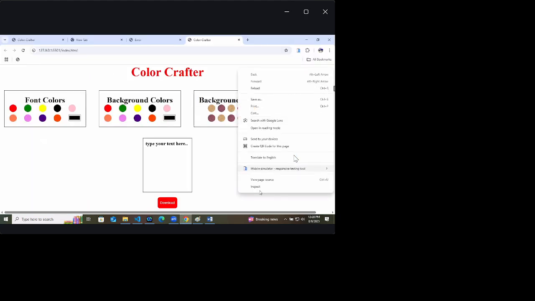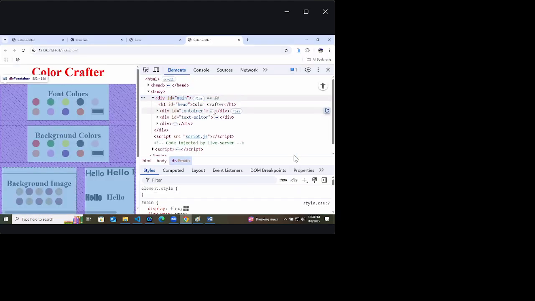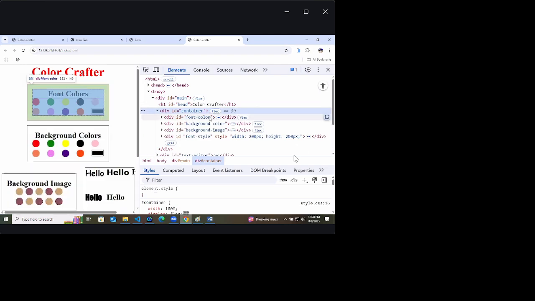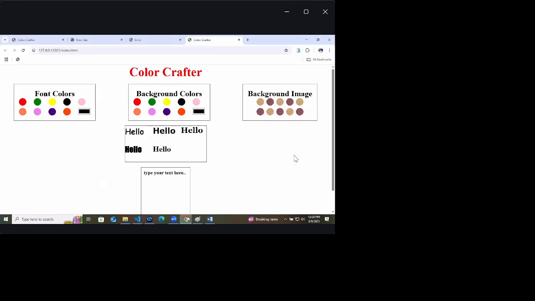Something wrong, we checked. Container and font color. Okay, 332 by 149. Okay, got it. 332 pixel and this is 149 pixel. So like this we will get.